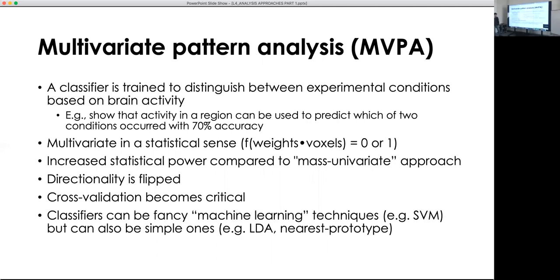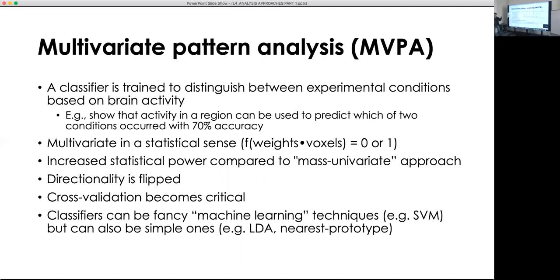And of course you can get arbitrarily sophisticated with your machine learning stuff. And maybe we'll get into some of this tomorrow or the next day, I forget. Support vector machines is a fancy technique, although it's now classic. It's probably 20 years old. That's like a fancy machine learning method, but of course there are simpler ways to classify data, like nearest prototype, which is essentially